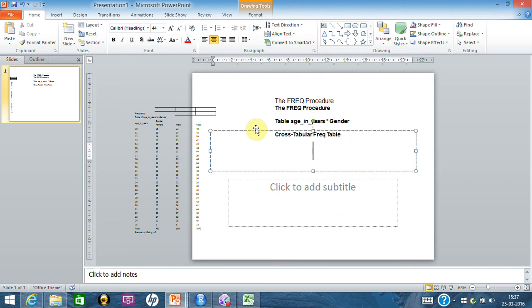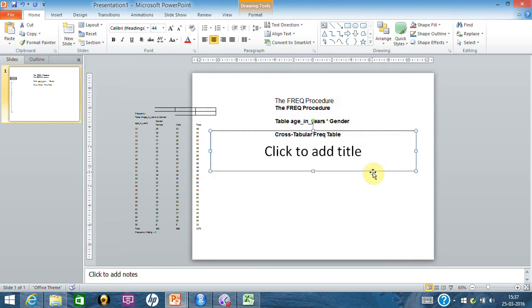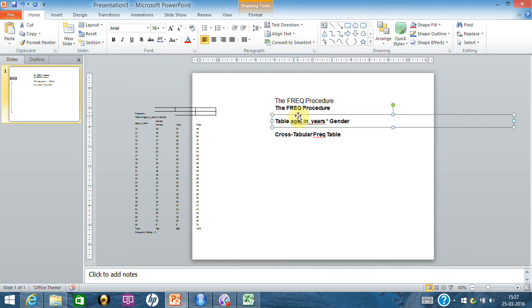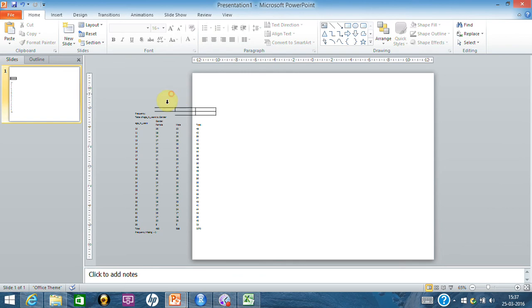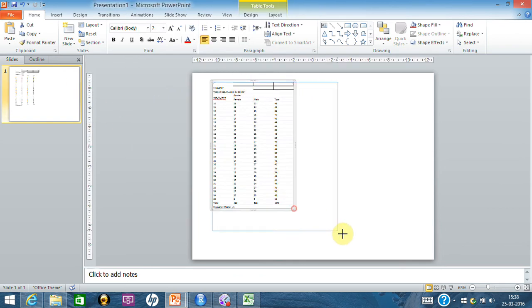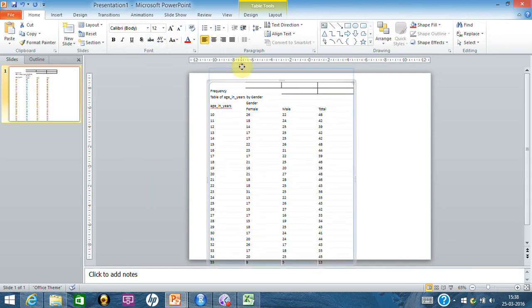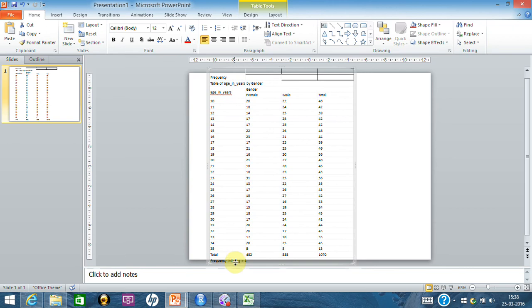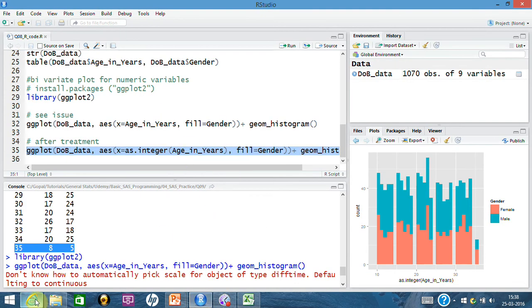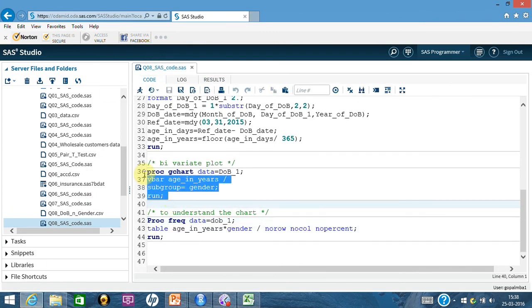Let me go ahead, delete some of them. Let me get it here and make it readable. So I have that. Let's go ahead and take a look at what it is doing in the graph. Let me run it once again.